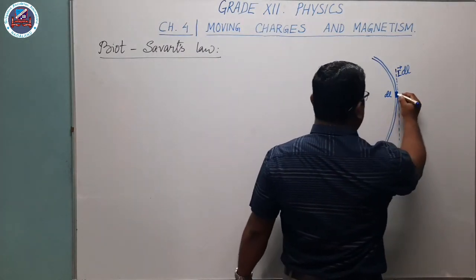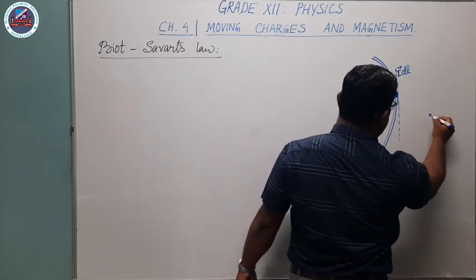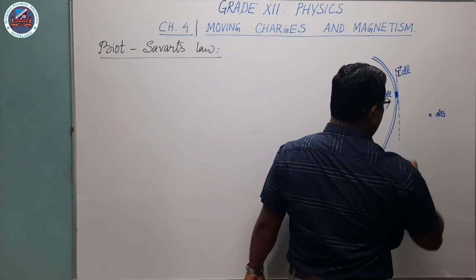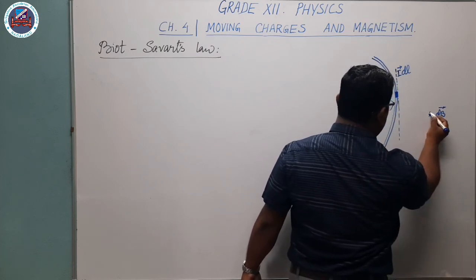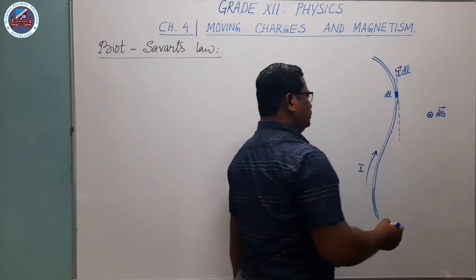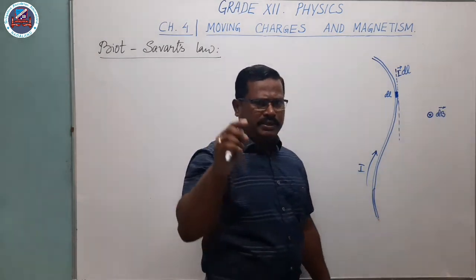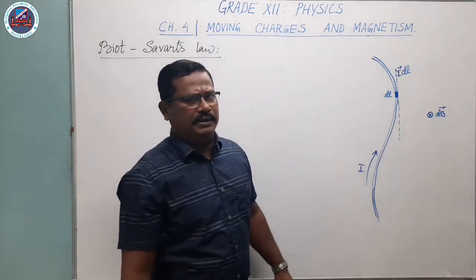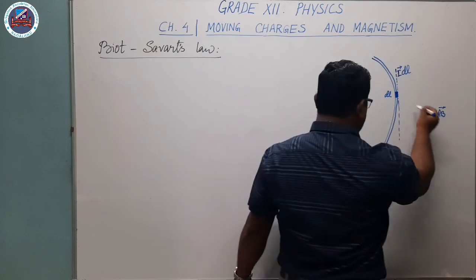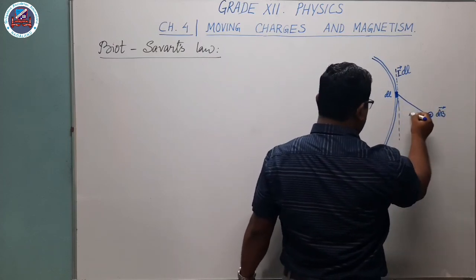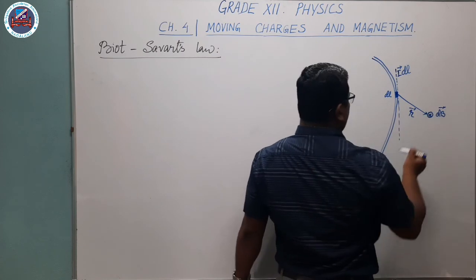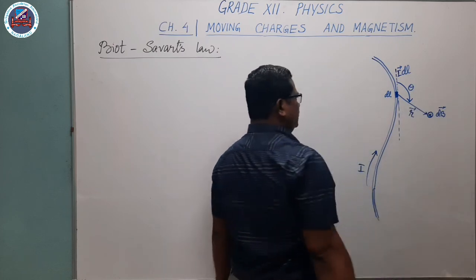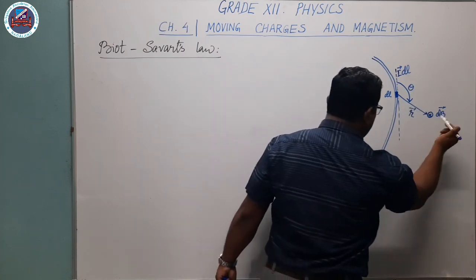Now, near this dL, anywhere, suppose I want to find a magnetic field here, dB. Small current element, so we'll take magnetic field also small. B is a symbol we use for magnetic field induction. dB means very small magnetic field induction produced by this small current element IdL. Now let the position vector from dL be marked as r, then the angle between IdL and r, let us take it as theta. Then the magnetic field induction at this point P,